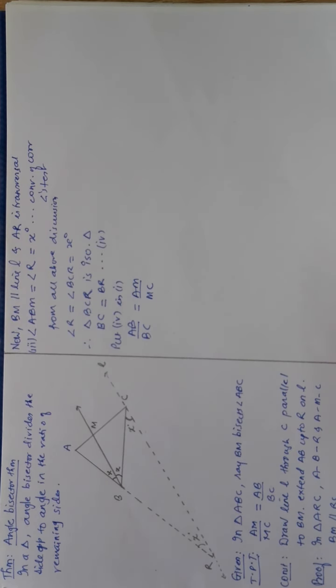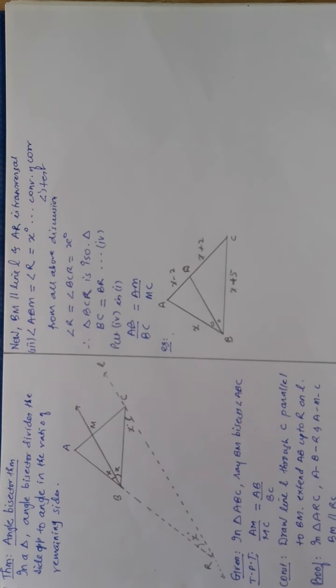So this is the angle bisector theorem, which tells me that if there is a triangle, how to apply it? You must have a triangle and you must have an angle bisector. Then wherever the angle bisector goes, the two parts it is dividing, that is equal to the ratio of the remaining two sides. Okay, so this is very simple. We will try to apply it in questions to understand it in a better manner.